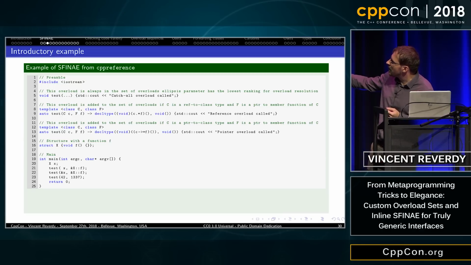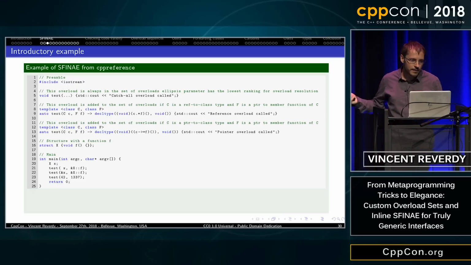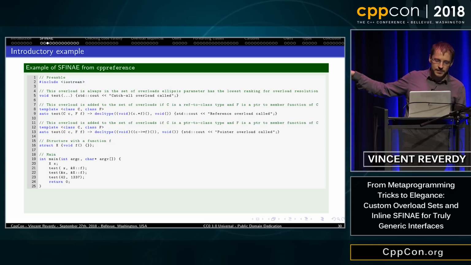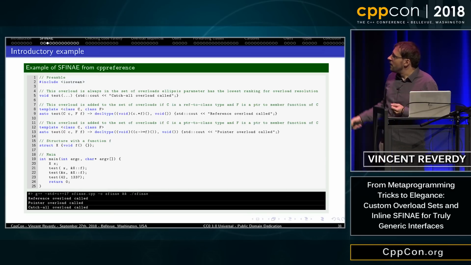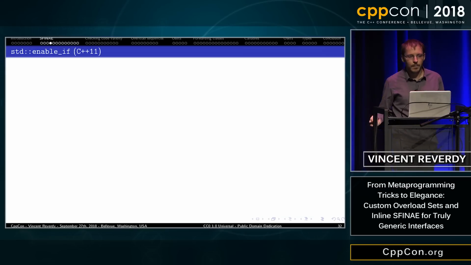When you execute it on x, a reference of x, and 42, you call the three different versions of the function, which is cool.